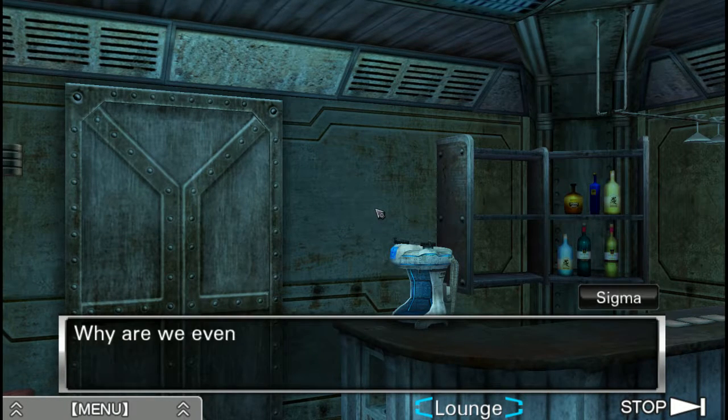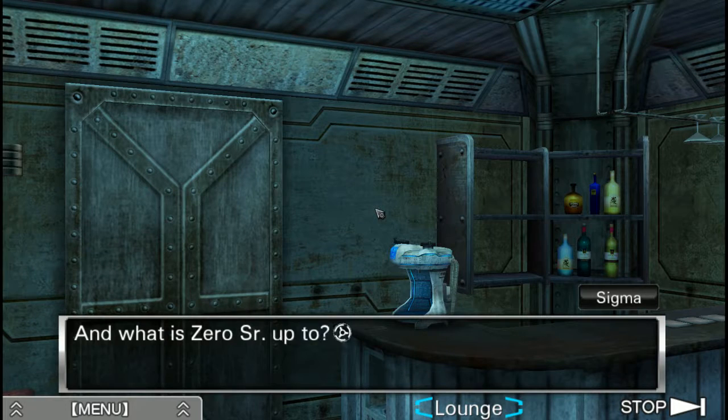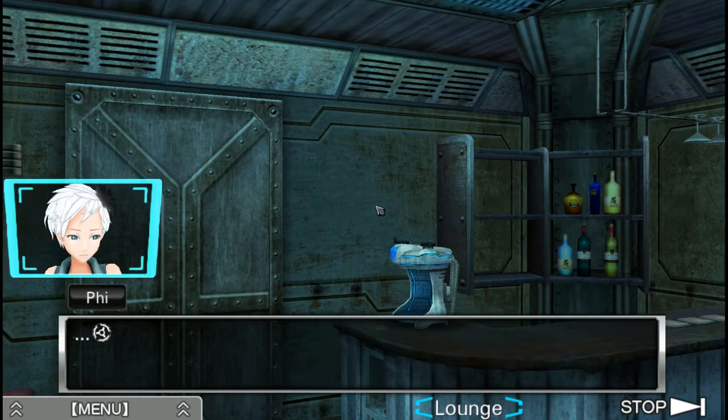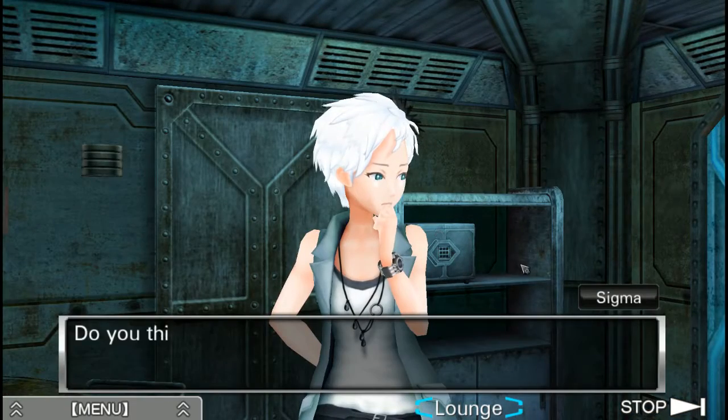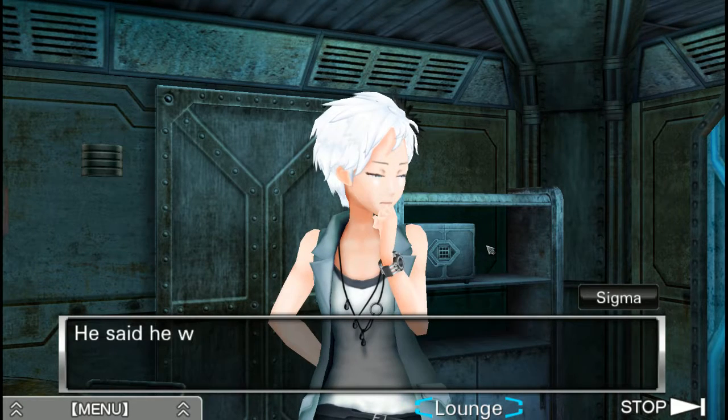Where the hell are we? Why are we even here? What's the whole nonary game thing for? And what is Zero Senior up to? Hell, how about who Zero Senior is? Rabbit said he was one of us, but do you think it's Dio? Who knows? Besides, we still don't know why Dio killed them. He said he was ordered to do it, but...